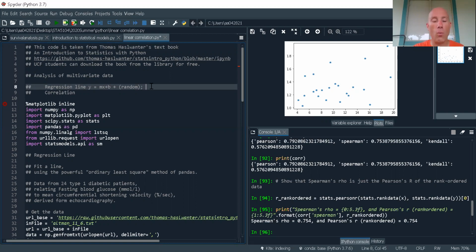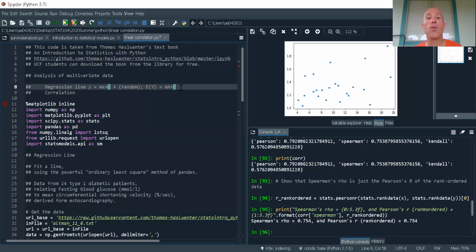So we're looking at this as the expected value of y is equal to m times x plus b. So we've got a straight line equation, just like we did in middle school or high school or college algebra. All right, so this is, mathematically, really the simplest model that I could possibly get to